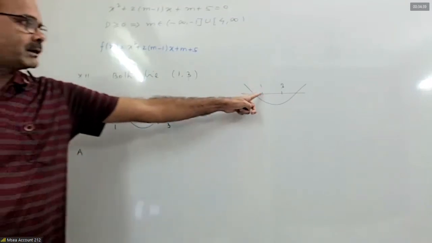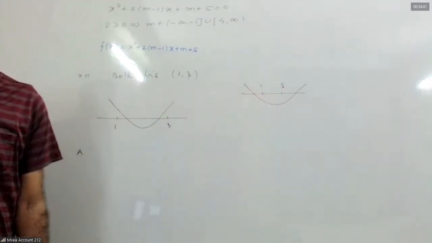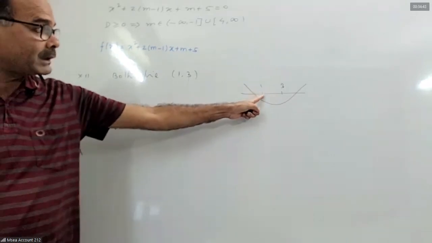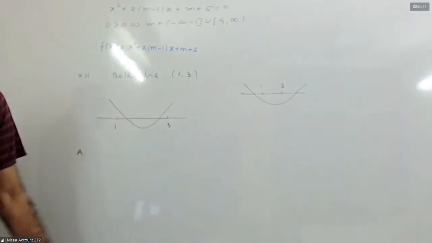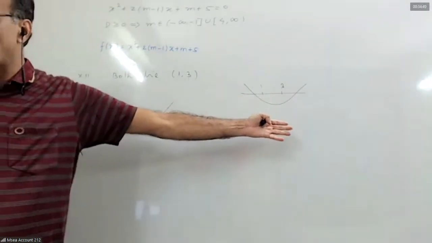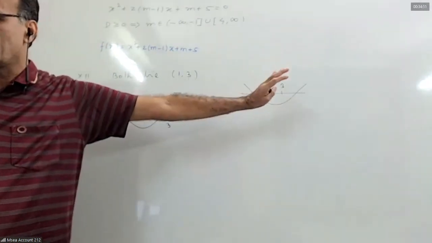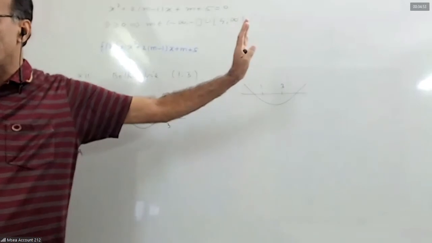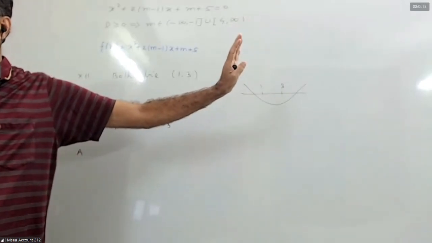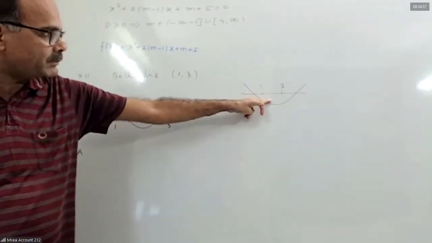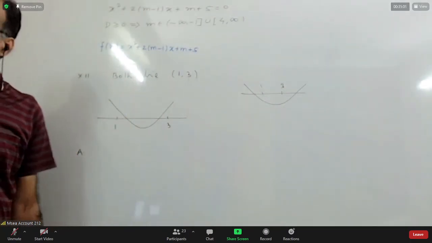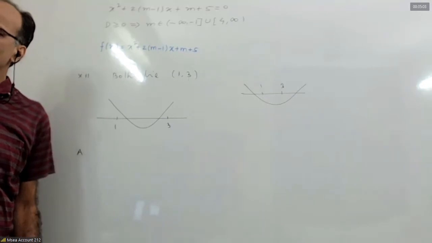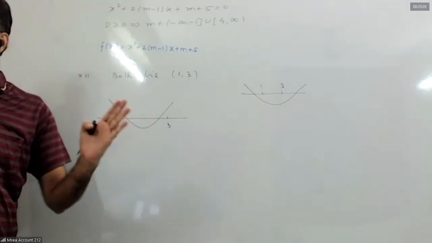Here also f1 into f3 is negative. F1 into f3, positive. So we don't want this. After that we can't remove this type of case, even if you impose any condition. Do we need this type of things in either case? Product form is only if exactly one root lies in the interval.